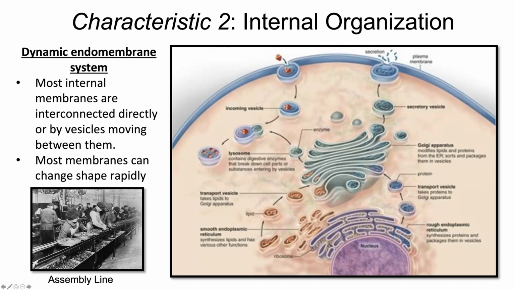This is a series of membranes, and the ER helps produce lipids. This is where lipids are synthesized. This is also where proteins are synthesized. You can have little vesicles bud off or pop off of the endoplasmic reticulum to bring these proteins and lipids into another dynamic membrane system called the Golgi apparatus, where it'll modify these lipids and proteins and package them into other vesicles. And so they might be packaged into these other budding vesicles that pop off and secrete wastes out,